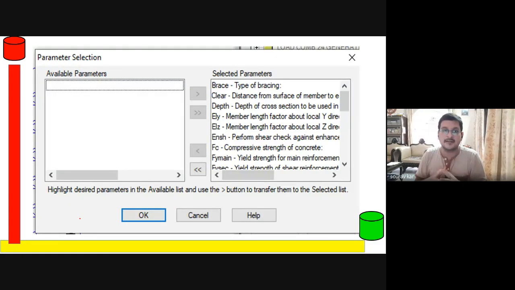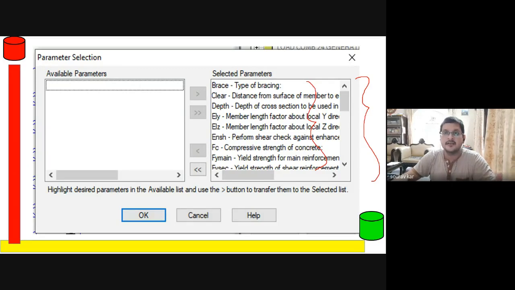On the right side is the complete collection of parameters. Mind it, we will not use all these parameters; we will selectively choose some of them. All parameters are not required.